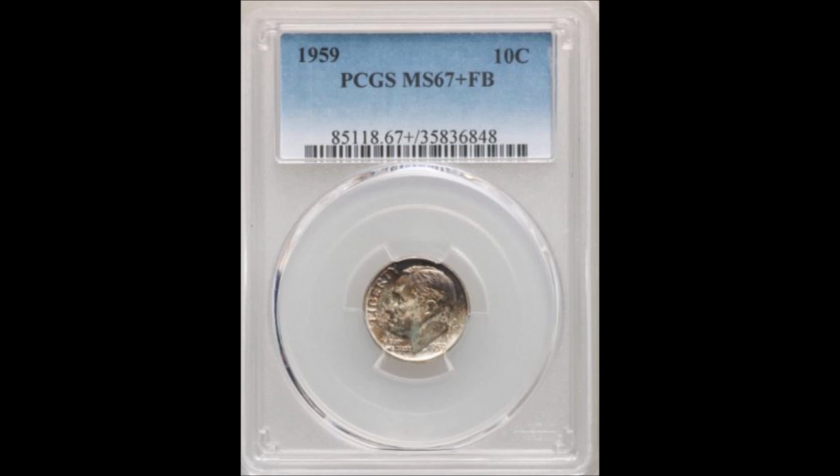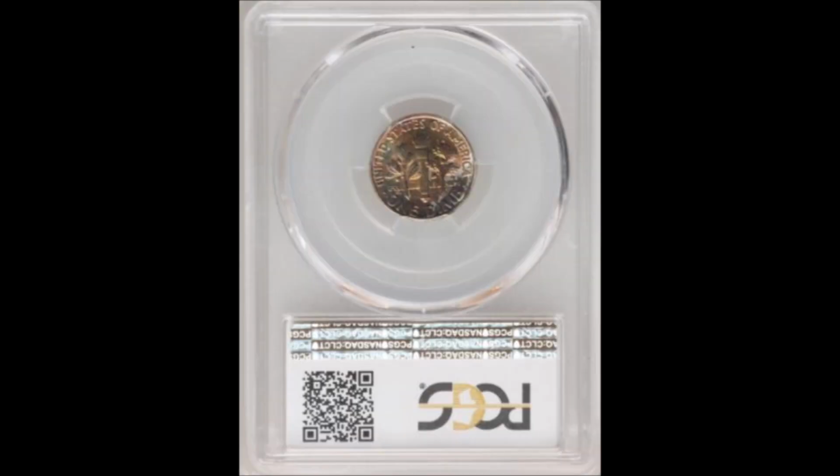The next coin, just as nice, I'm not going to lie, is going to be this 1959 Roosevelt Dime, which exhibits a lot of originality. Not to the level of the 54D that you saw before in terms of the coloration and the overall eye appeal, but certainly a nice coin here. This one graded PCGS Mint State 67 plus, so it's half a point grade higher than the previous example. This one, of course, is full bands or full torch as well. And this one sold for